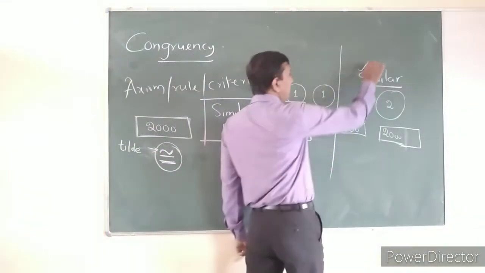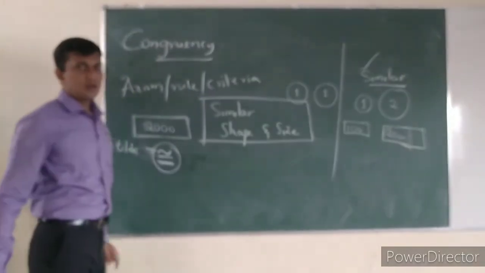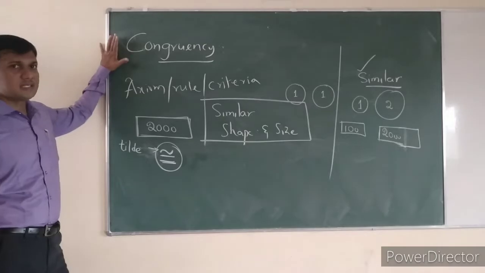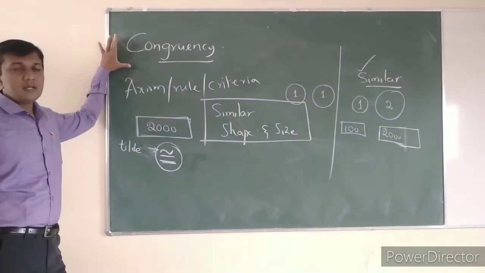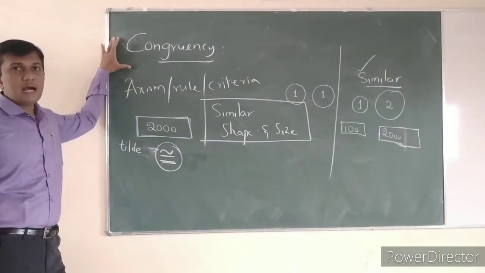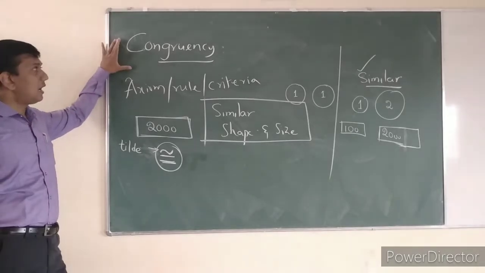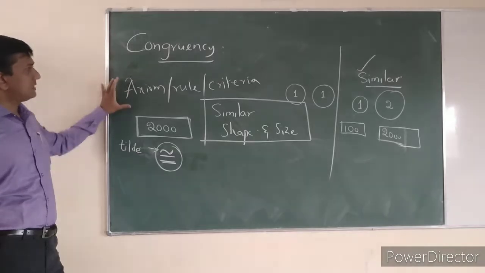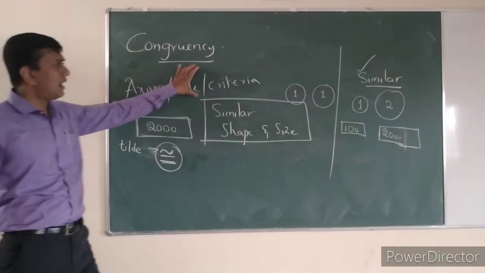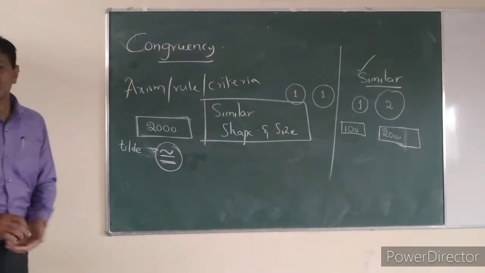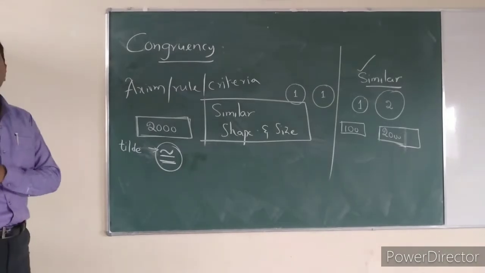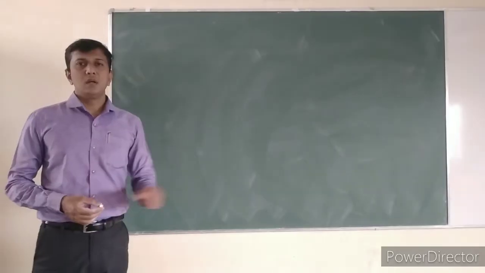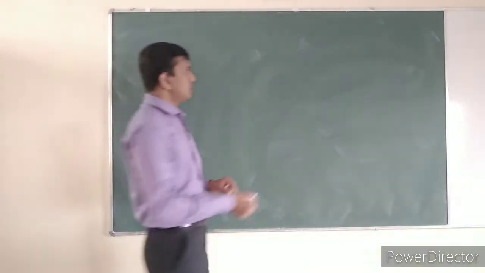So we have similar figures also, which you are going to learn in your 10th standard, but in your 9th standard, congruency. Based upon congruency, we have some problems and we have 4 axioms. Congruency axioms; we can say axioms or rules or criteria. We are going to learn them one by one today. So we'll see a few more examples.